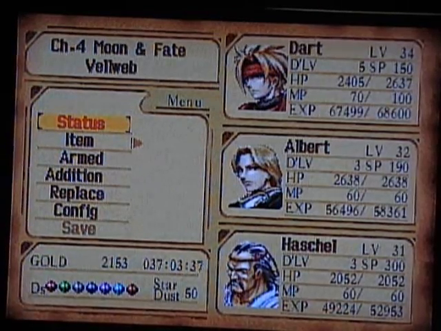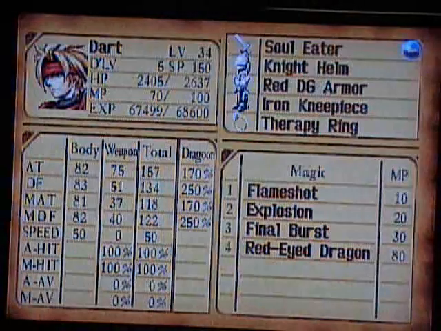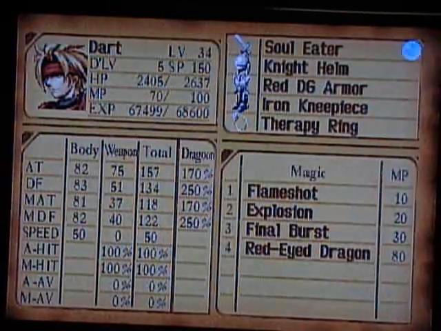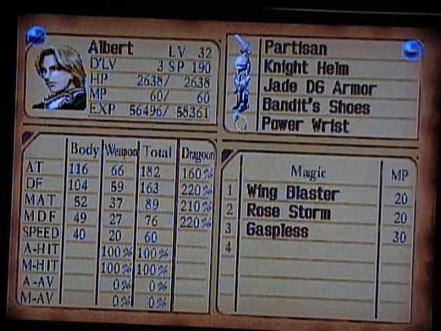Alright, we're back. I have subbed Hashel in for this next fight because we're going to be fighting the Thunder Dragoon this time. Dart has exactly the same setup as before, Soul Eater, Therapy Ring, Night Helm. Al has basically the same setup, except I moved my Bandit's shoes from Kongal to Al, and I probably should have done that in the last fight because